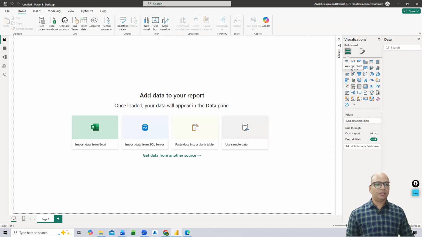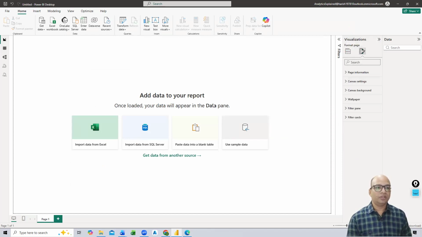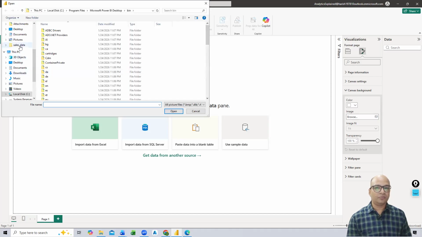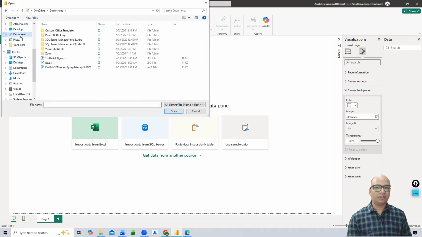And then when you pull any visual, you will see here the fields related to the visual, and also here we will have the format. As of now, because we do not have any visual used, it is just showing the format for the report. So here we have the format of the report where we have different formats like page information, canvas settings. If you want to add any background image on your report, you can go ahead and add that. So if I just add something,